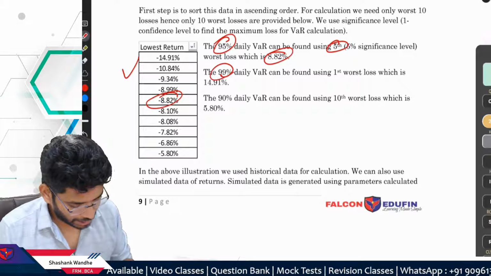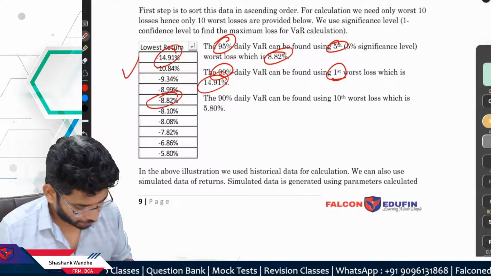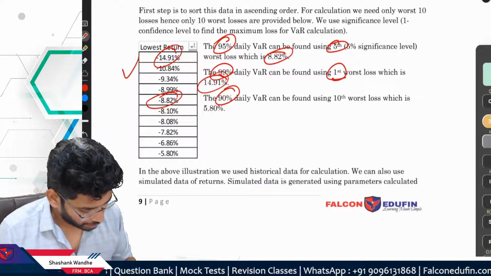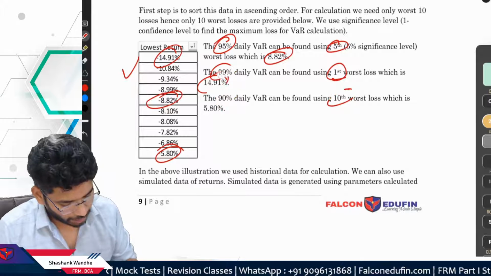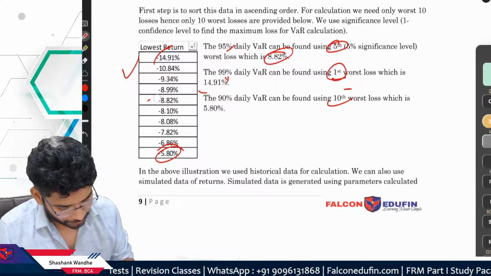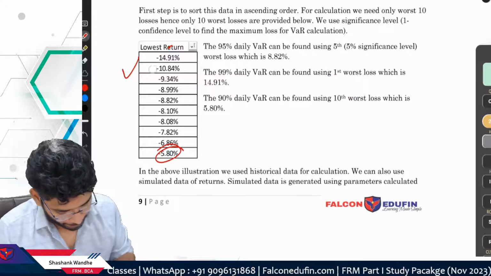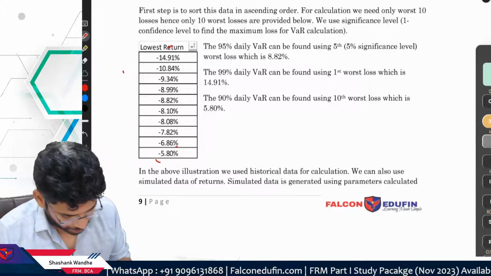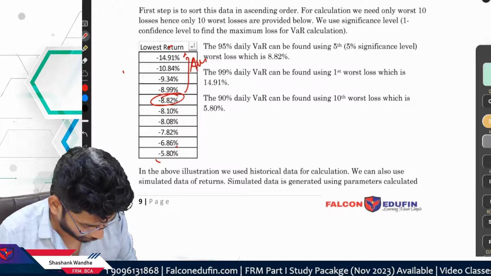Okay. For 99%, we have to take the first worst loss. So 14.95. For 90%, we have to take the 10th worst loss, and like this. Okay. For the expected shortfall calculation at 95%, this is your value at risk, and your expected shortfall is the average of these values, and this